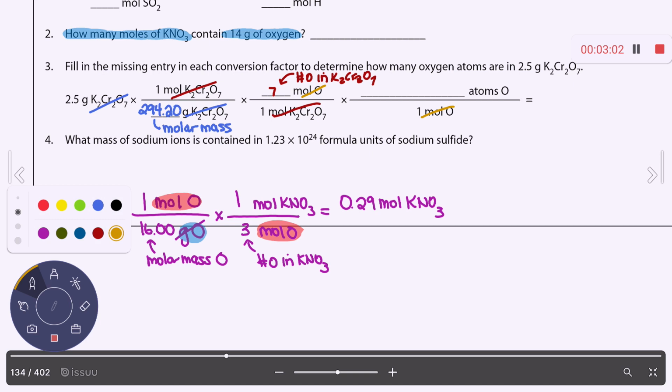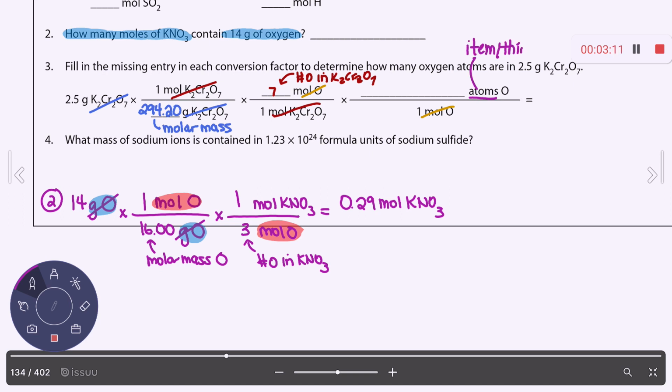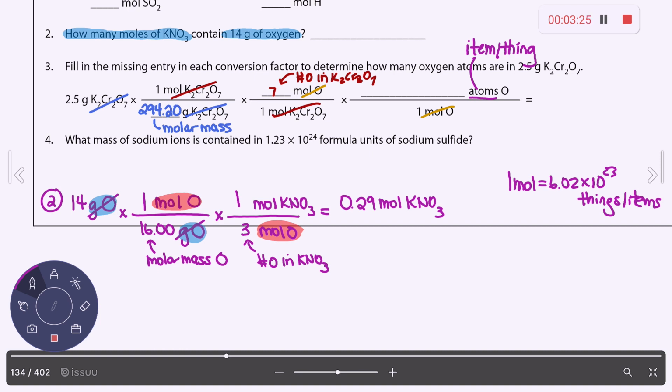They're asking us to solve for atoms of oxygen. But be careful here. Remember, atoms are an item or a thing, right? So remember, you learned that a mole equals 6.02 times 10 to the 23rd things. Those are atoms, molecules, formula units, ions. So here we're going to put Avogadro's number. And as you're starting to see, the possibilities for all the different types of problems here are kind of endless,